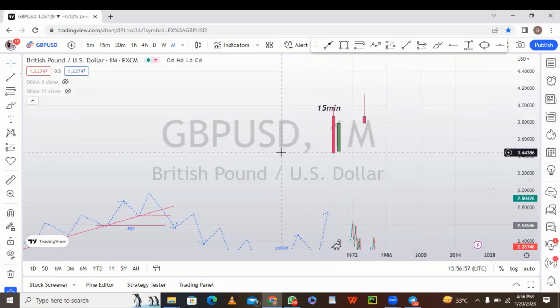For a recap, you want to see a hammer when you are willing to take a buy position in the market, and you don't just trade them in isolation. You don't trade candles in isolation. You combine them with other tools such as support and resistance, trend lines and channels, to make your trading decision. Okay, I hope that is taken. So for a shooting star, you want to see it at your resistance zone, where you are willing to take a sell position from.